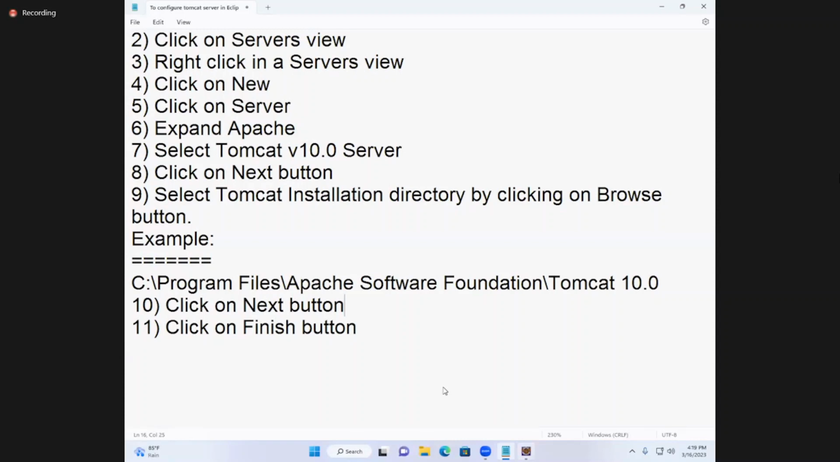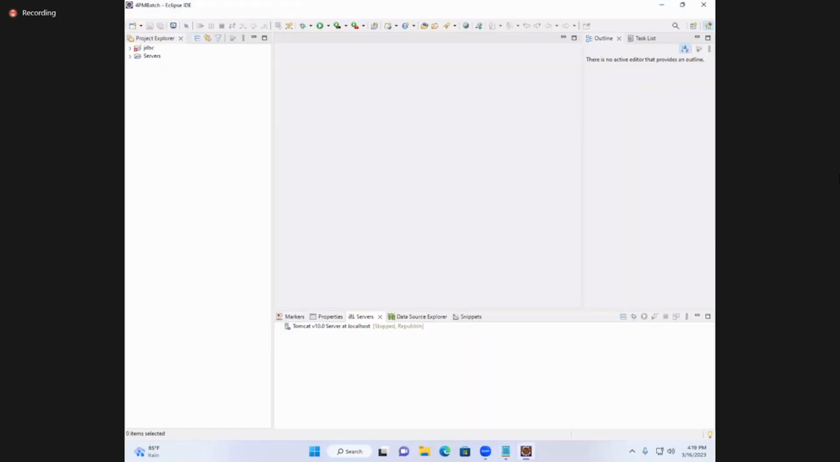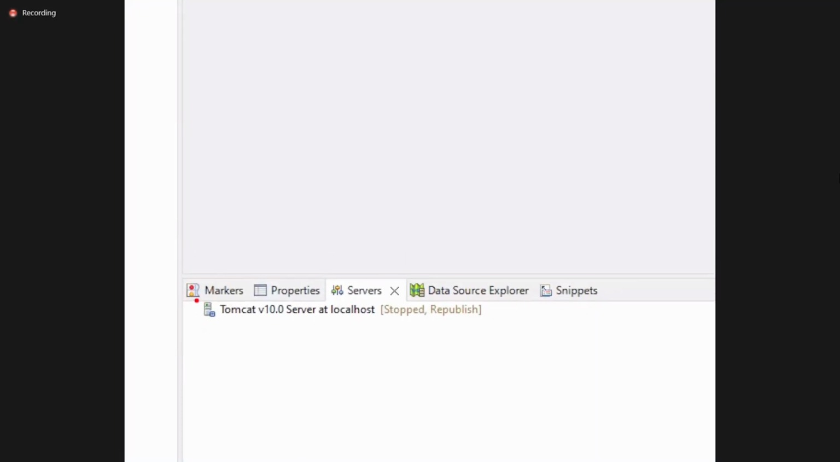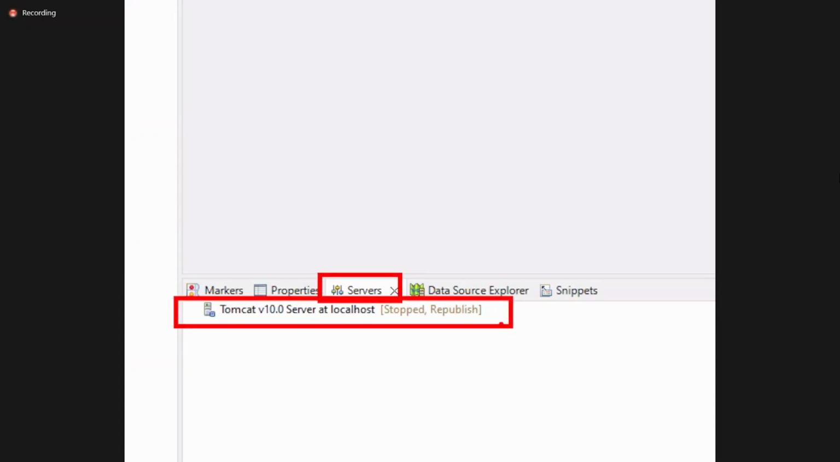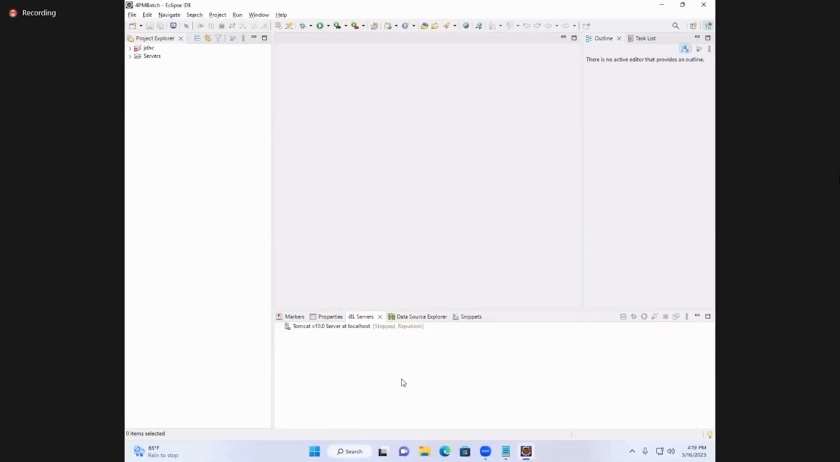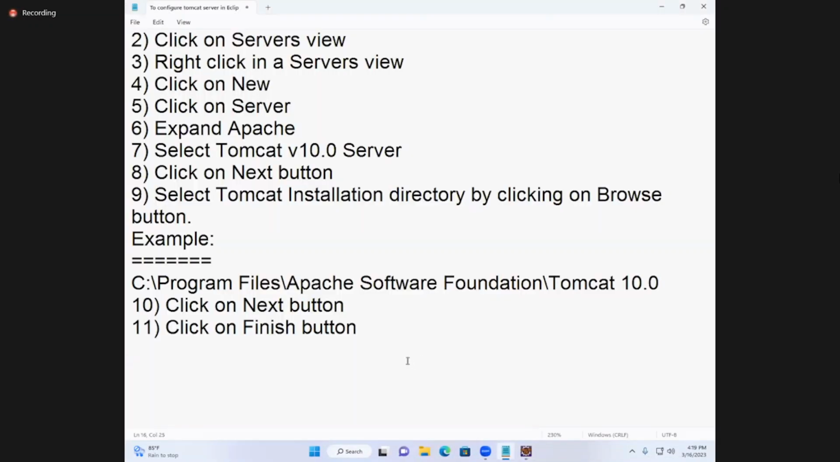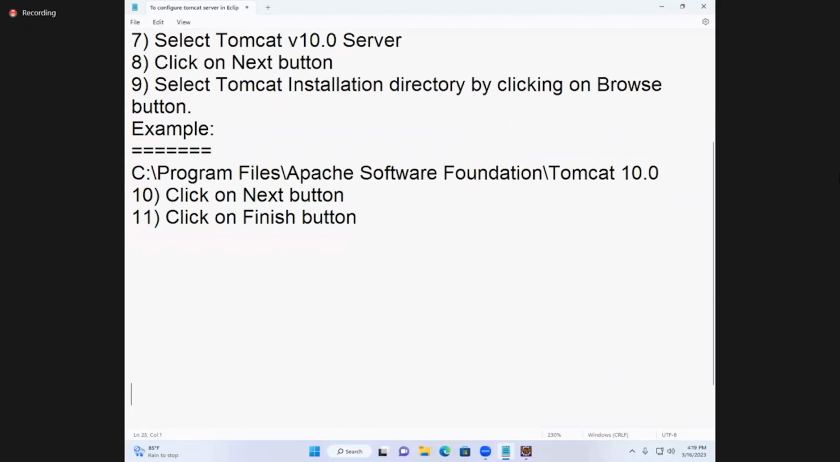Now, if you want to check whether your server is running properly or not, see here in the Servers view, the server is configured. Now, to start the Tomcat server, to start the Tomcat web server,